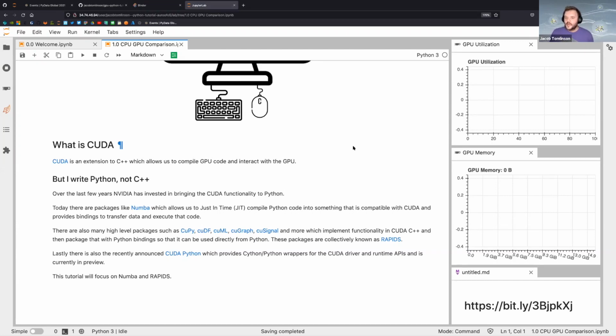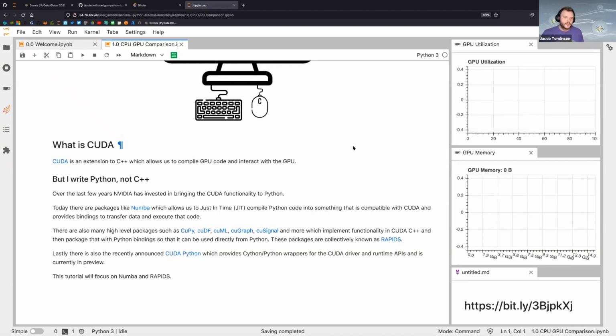It will use LLVM to compile that Python into something that's lower level. So it's a different way of executing Python code. Numba supports a subset of the Python language. And this works on CPUs really well. You can decorate functions with Numba JIT, and it will compile that function at runtime and execute it,